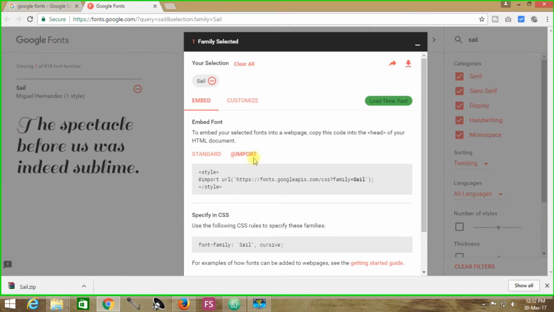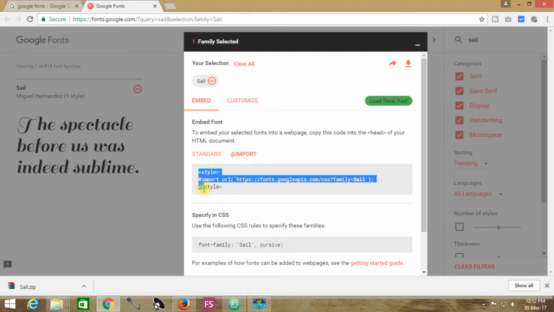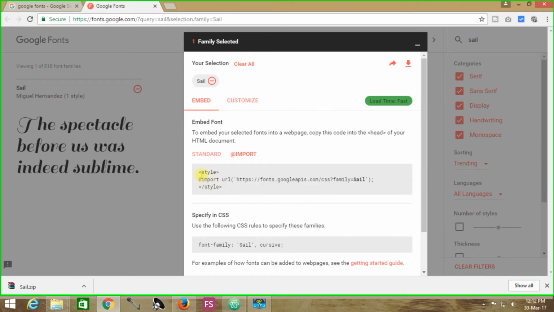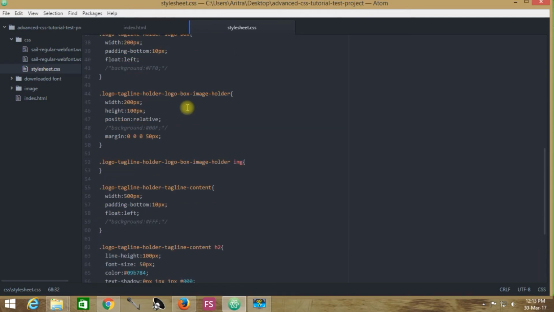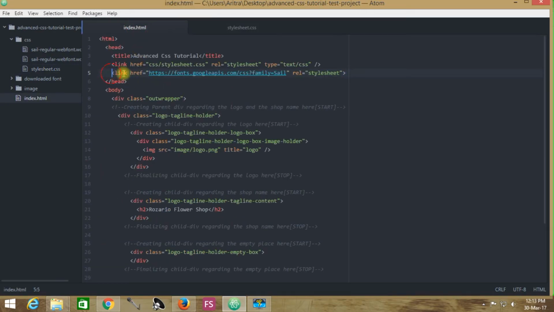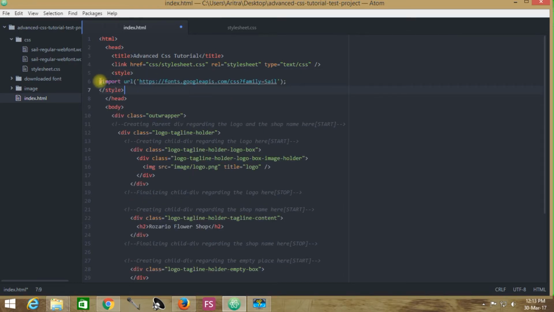Another option here is import. Same thing here, this is the style statement as it has been provided here. All you have to do is copy this code and paste it, and instead of using the previous code, you place it over here.